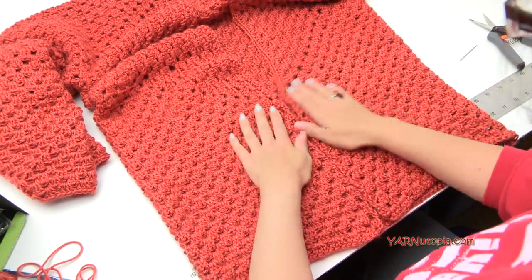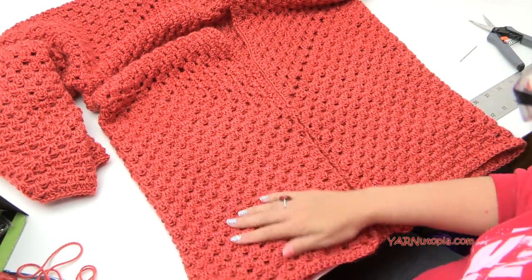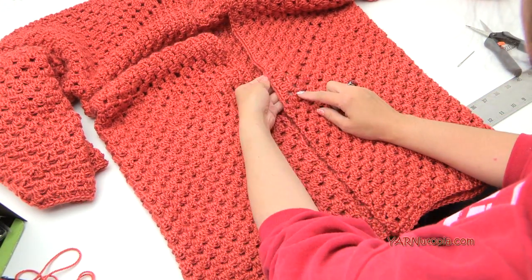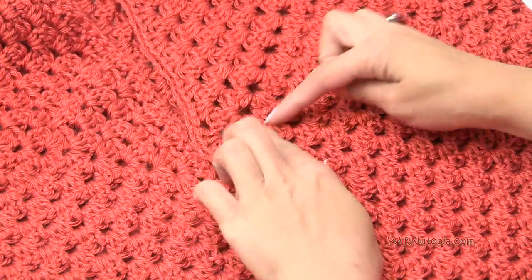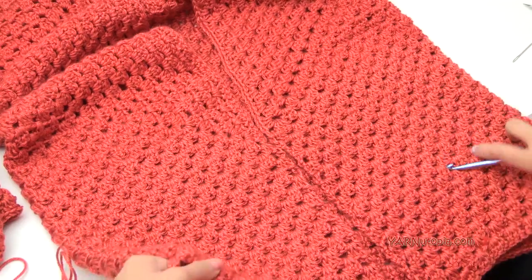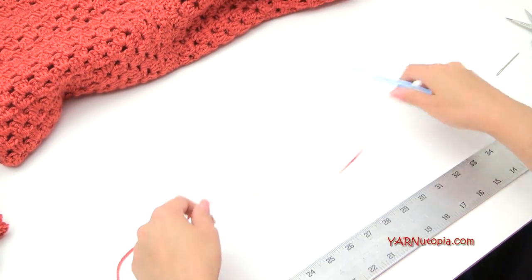So, pockets. We are going to make little granny squares and put them right where we joined these new rows. We're going to put them right over that, like smack dab. So granny squares are super easy. It's very similar to how we did the hexagon. So grab your yarn,